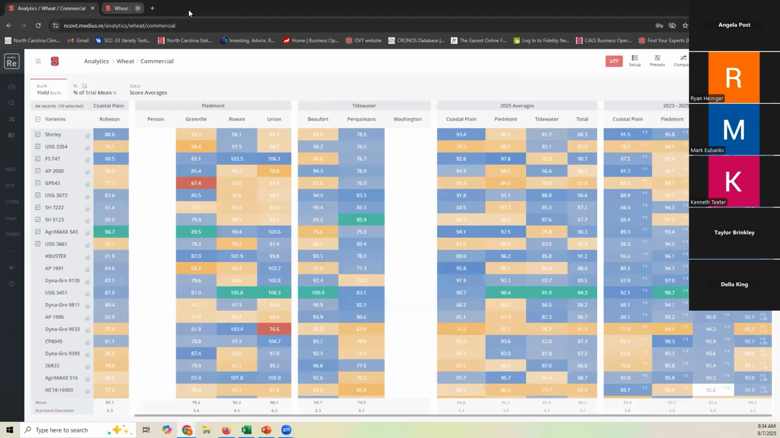All right. So, any questions on multiple year data? Yes, so can you stop here? This is where you made the selections for the Tidewater. Yes. Okay, so